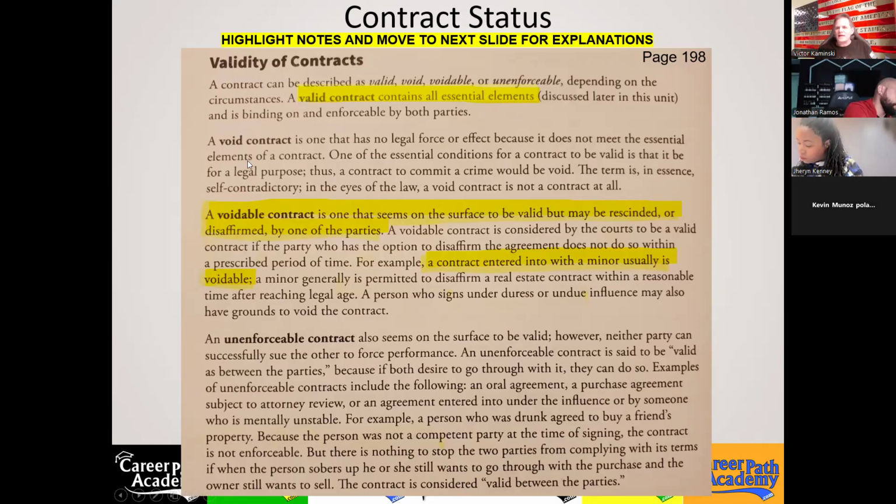A void contract is kind of a self-contradictory term because a void contract isn't a contract at all. It's one that's missing one of the essential elements, or one that has already been canceled. A voidable contract is one that seems on the surface to be valid. However, one of the parties can disaffirm it for some reason. An example of a voidable contract is entering into a contract with a minor, unless